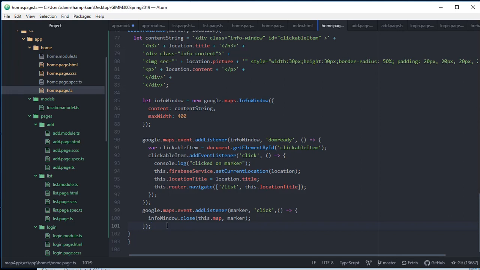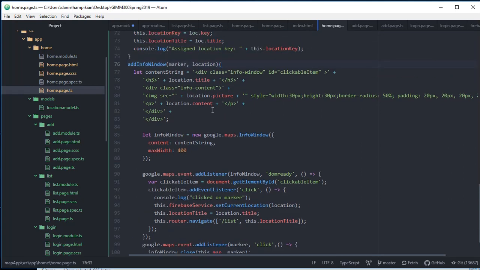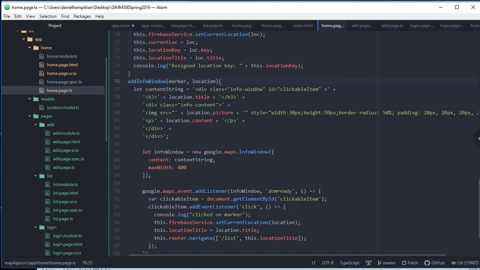Oh, that's interesting. Something strange about this info window. When we add a location title,